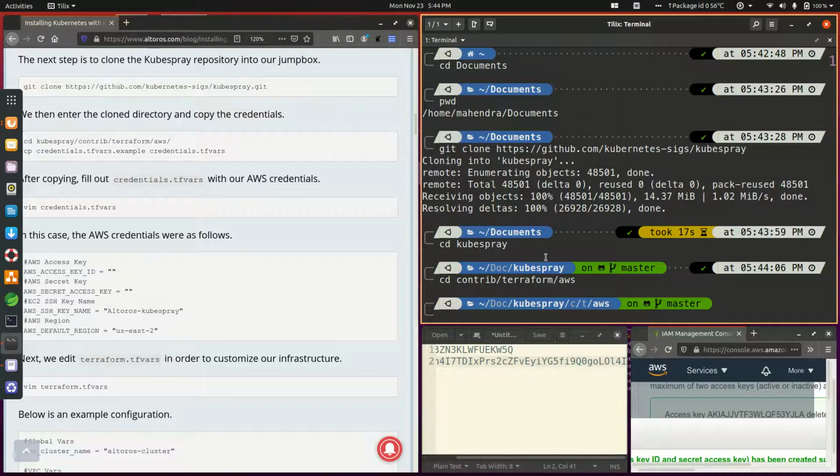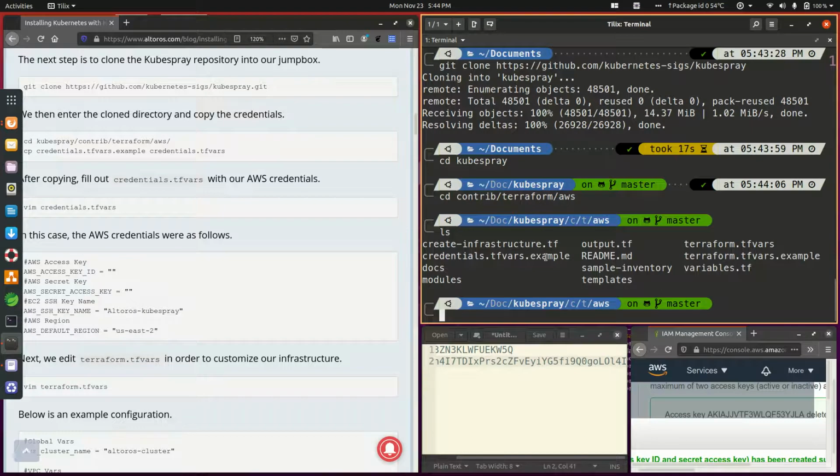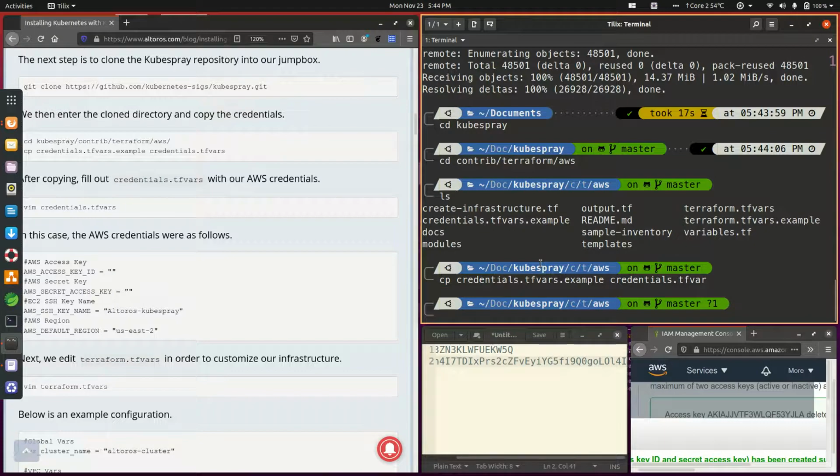This is the subfolder which actually contains all the required template, Terraform configuration here. If you just explore this directory, you will see there is a sample credential file available here. Where is the credential here? credentials.tfvars.example. Let me just copy that and I'll just call it credentials.tfvars. I have just dropped the example part. Edit it using your favorite text editor. You can use nano or you can use vi.